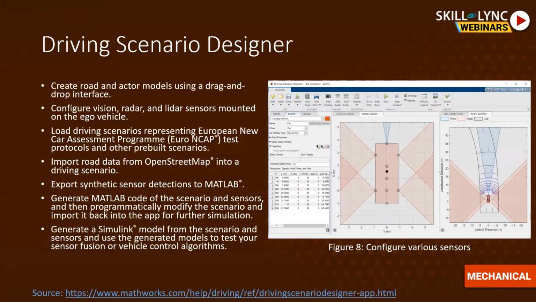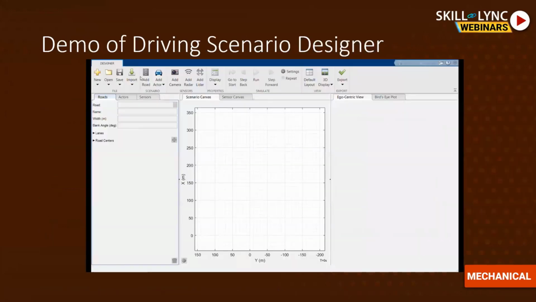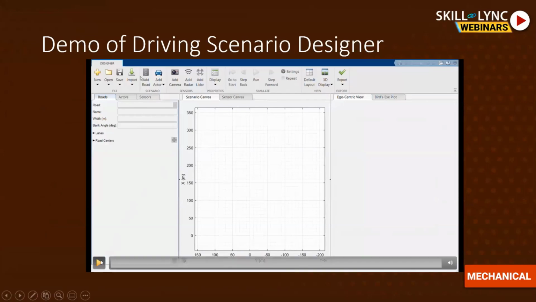And if you want to work with Simulink because you are more of a drag and drop option and you like to work with GUI, then you can do that as well. And there are multiple examples along with this as well to get you started immediately. So let's go with a quick demonstration of this as well.